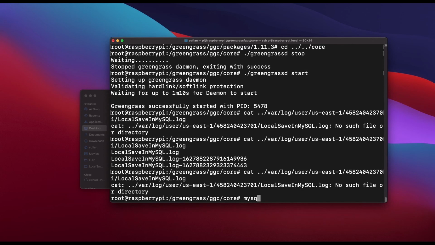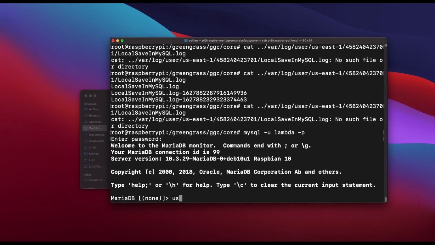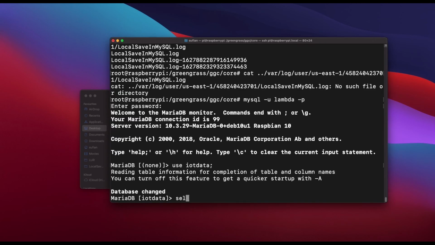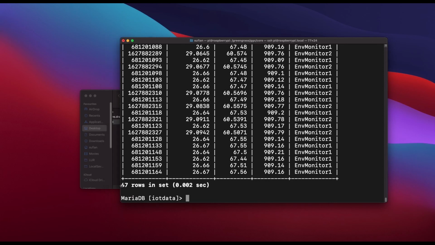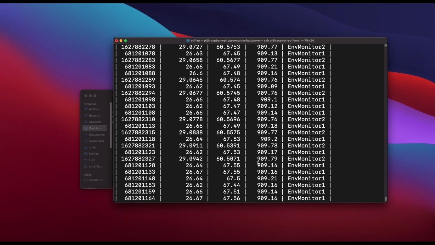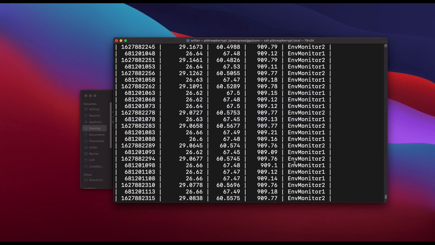So I will see if MySQL user lambda password has started getting data there. Yeah, you can see that the data has started coming in. There are 47 records currently. It's getting values from both Environment Monitor 2 and Monitor 1.